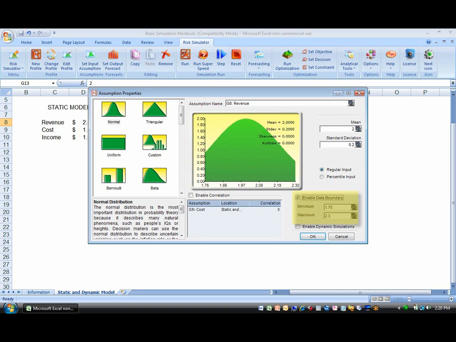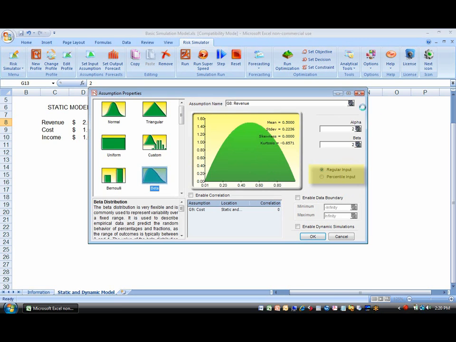You can also use the percentile input or alternate inputs to enter data or as a sanity check. For instance, in a normal distribution, instead of entering standard deviation, which many people do not understand what it really means, you can use the percentile input and enter in the 10% or 90% values instead, making setting assumptions much simpler. Or use this alternate percentile input as a sanity check to make sure the 10% and 90% percentile makes sense